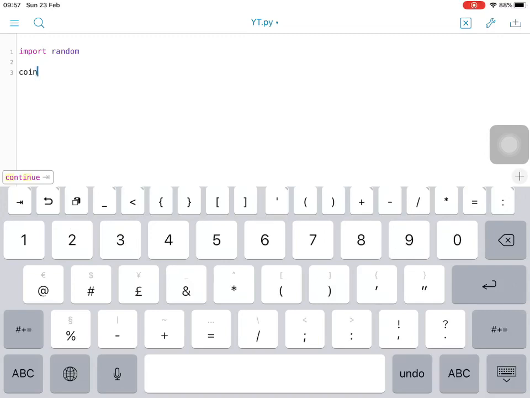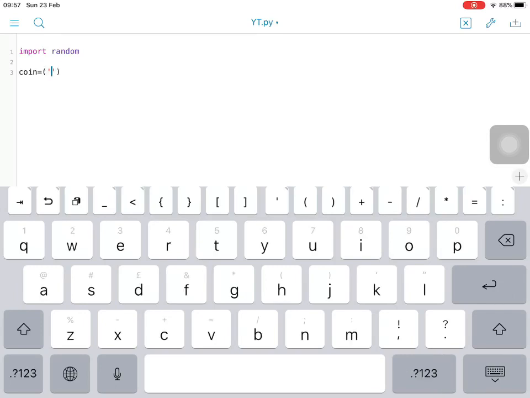And then I'm going to put equals, brackets, heads. Now you need to make sure, guys, you put them in inverted commas or apostrophes, whichever one you call them, and tails. There we are, guys, and then you can put in as many as you like right here. So I'm just going to write in 2 though, and then you're going to write in print and then